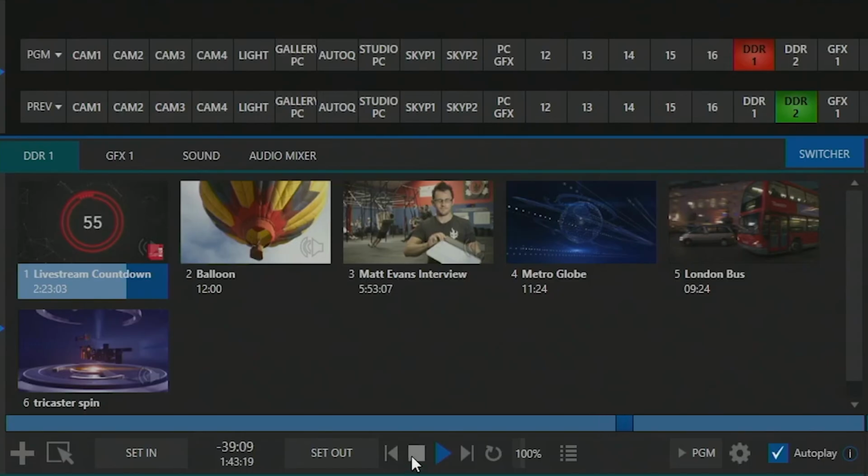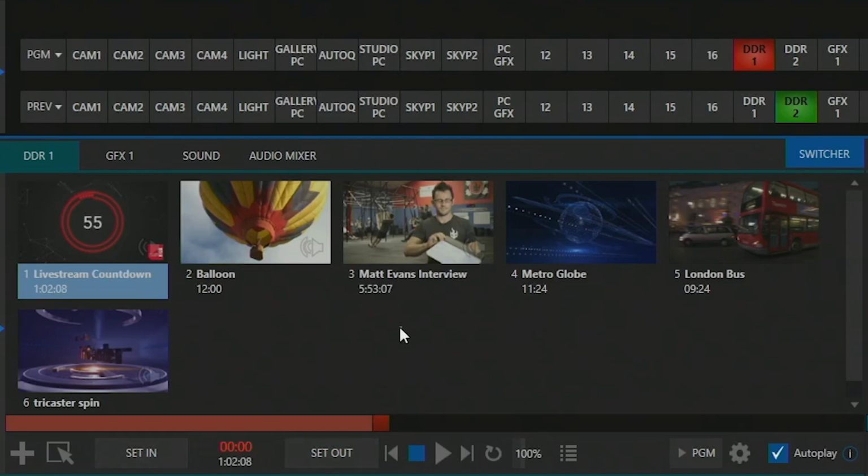Situations may arise where media files within one of your media players need to be cut down at either the start, end, or both. This can be achieved by using the Set In and Set Out buttons by placing the playhead at the point you wish to make the cut, or alternatively you can use the I and O keys on the keyboard. We also have our playhead controls for skipping between items forwards or backwards, play and stop, and